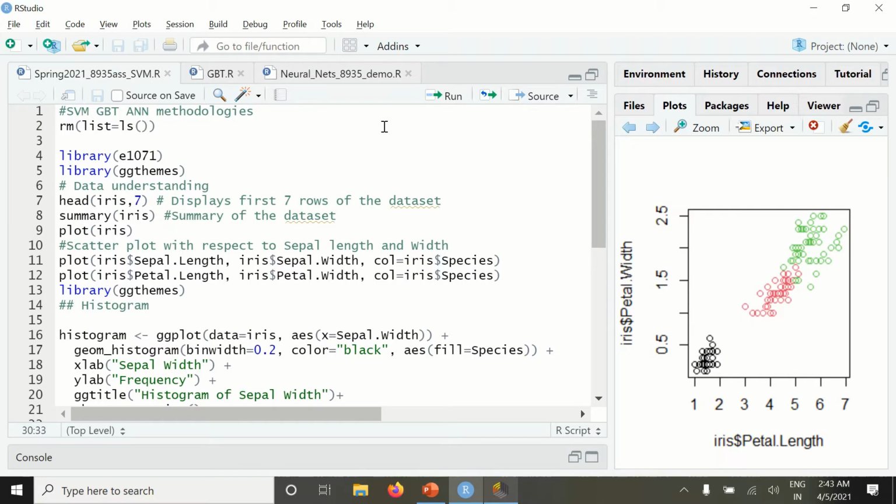Okay, this is the RStudio. I'm not going to take you through the code line by line, but e1071 is the package that needs to be installed to perform this SVM technique. As we have already seen, we are going to use the IRIS dataset. I have created the training and the testing dataset for this modeling.